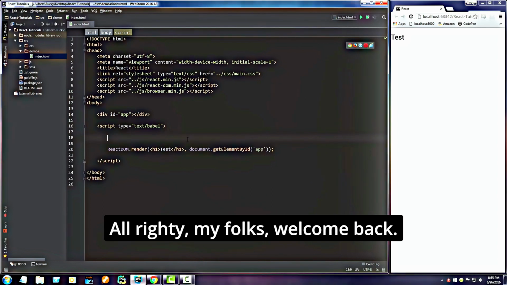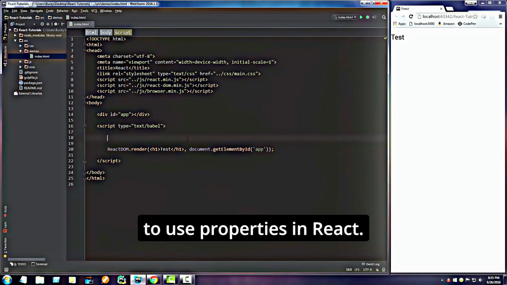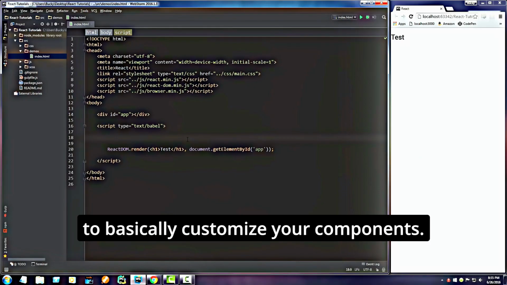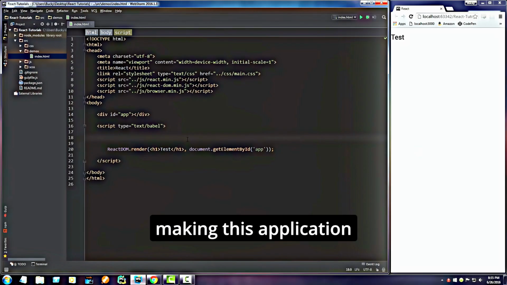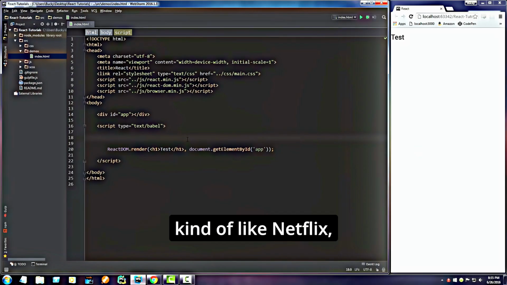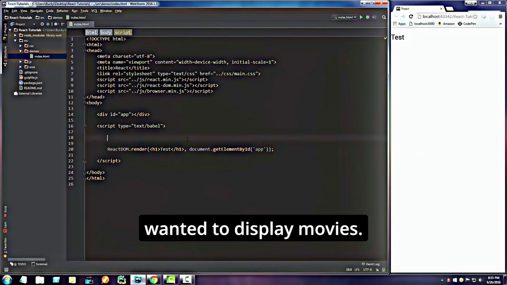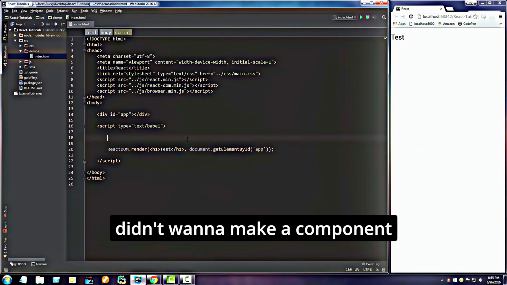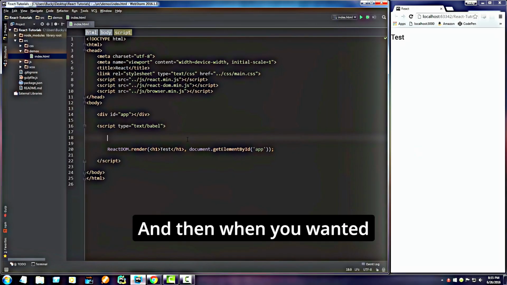Alrighty, welcome back. In this video, I am going to show you how to use properties in React. Properties allow you to basically customize your components. So say that you're making an application kind of like Netflix, any application where you wanted to display movies. Well, of course, you didn't want to make a component to display a movie,